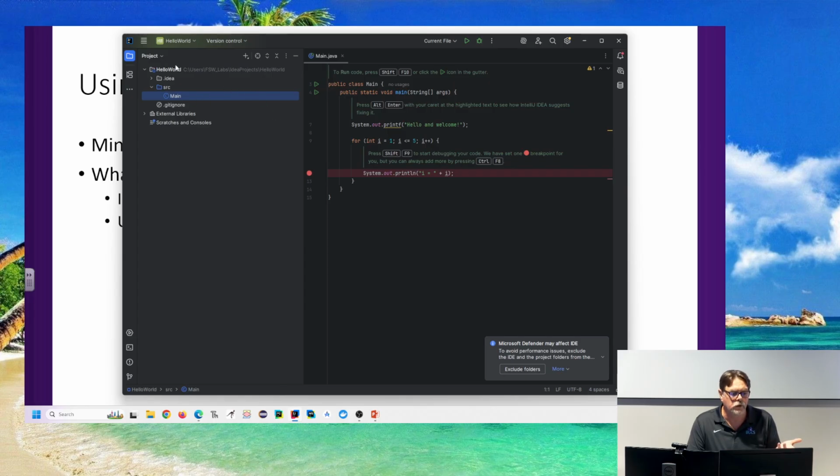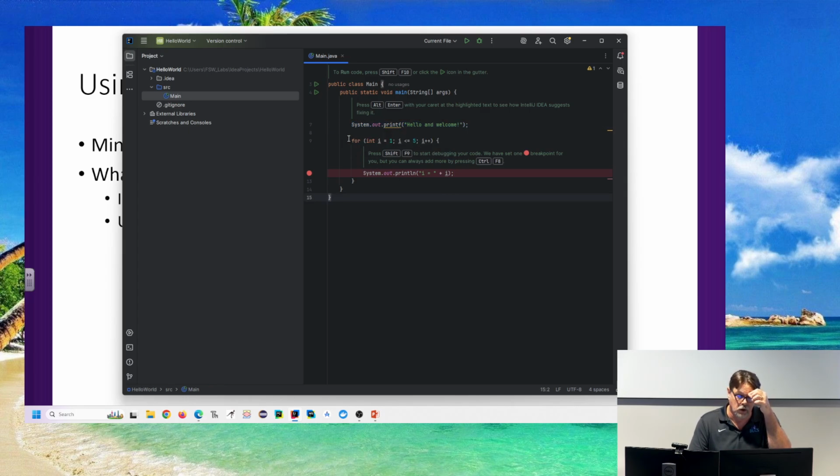So we'll notice a few things about this. There's a whole bunch of other folders and files and stuff. And it looks a little bit different, but you can see it's still got the public class main. It's still got the public static void main. Still got the arguments passed in. They threw in a little print, and then they were fancy and did a little loop and said, oh, let's print the numbers from 1 to 5. Okay, fine.